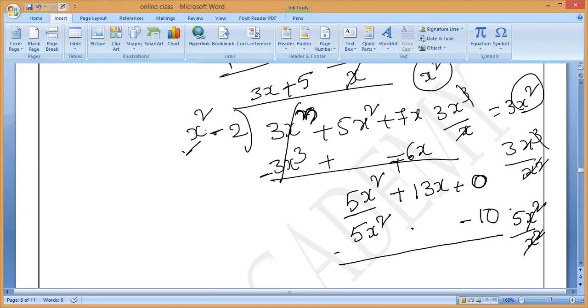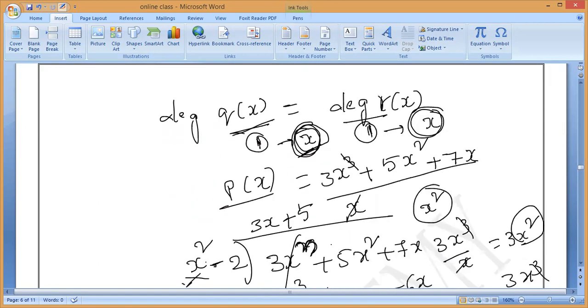Next subtraction. Okay, ma'am. Minus becomes plus, the first term gets cancelled, the next term cancels. 13x plus 10, it is 0. So you may see here plus 10. Now you may observe here, the power is already less than the quotient's. Yes or no? So it does not satisfy our condition, correct? Yes, ma'am. Not satisfied.